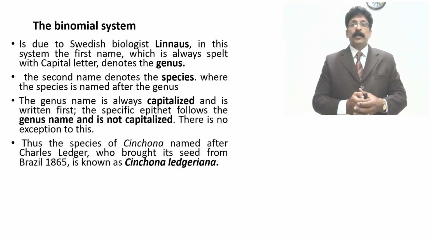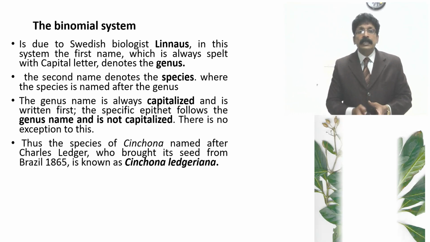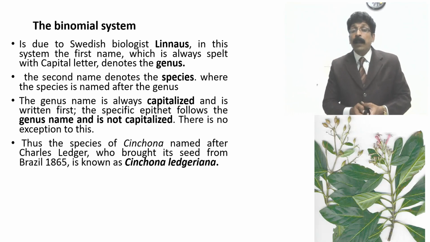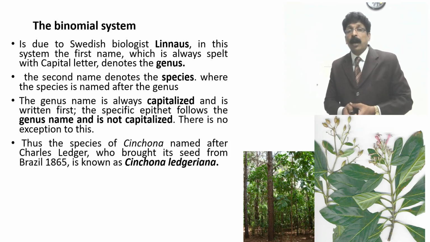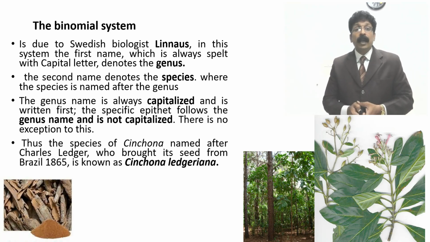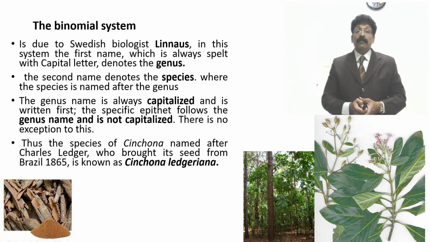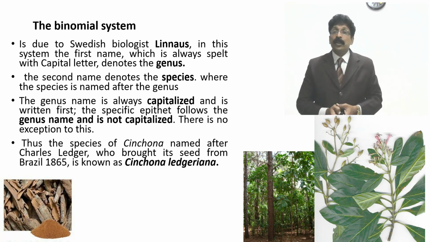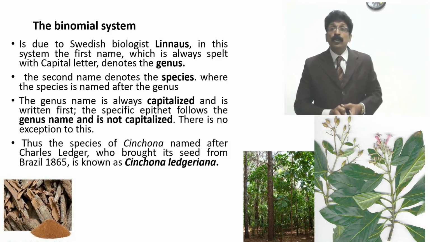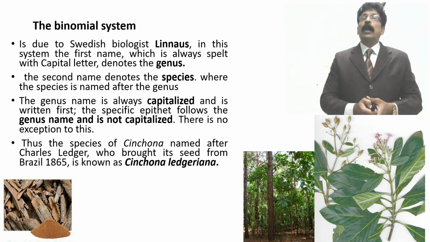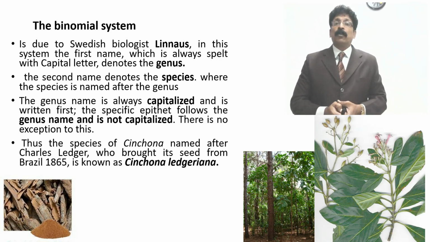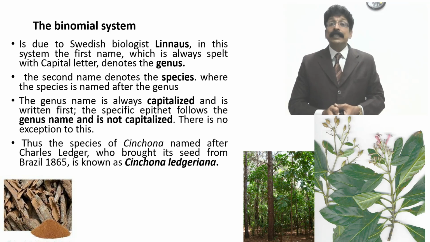So this is the binomial system. This is the plant leaf and the flower. This is the tree when it is grown and the bark is ready for harvesting. And this is the bark which is harvested, and the powder is also shown, which we will use to do the analysis in the lab when you come to practical pharmacognosy, where you can see the microscopy,